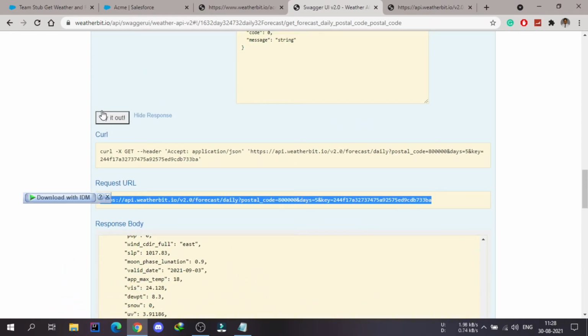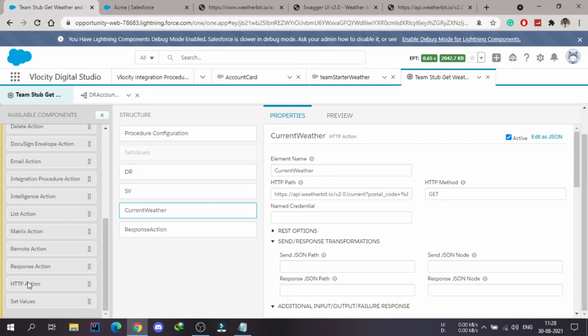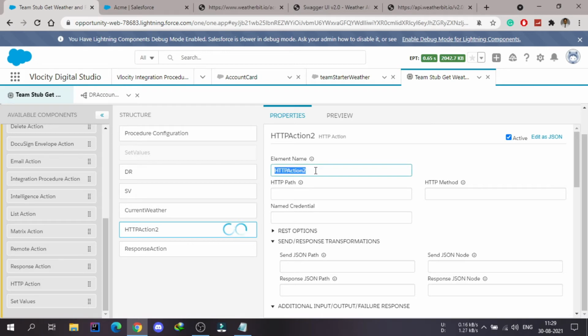I will copy this whole URL, and I will use another HTTP action after this current weather. I will name it forecast. In this HTTP path, I will paste the same URL, and let me go back to this one so that I can copy the same thing from here to there. So instead of that key, I will use the key as this.